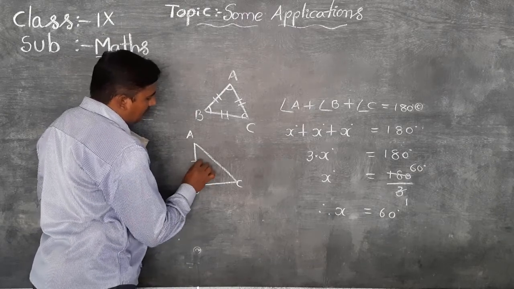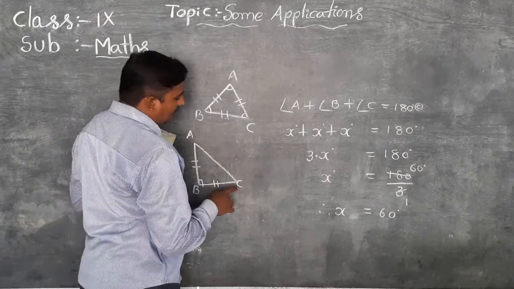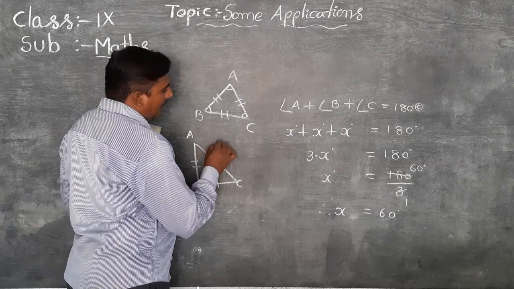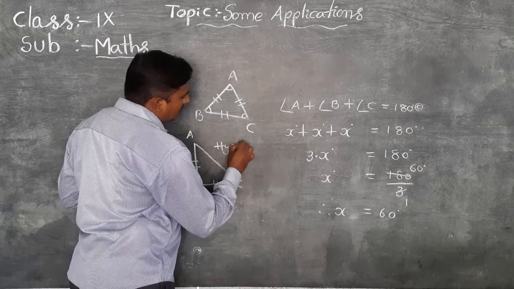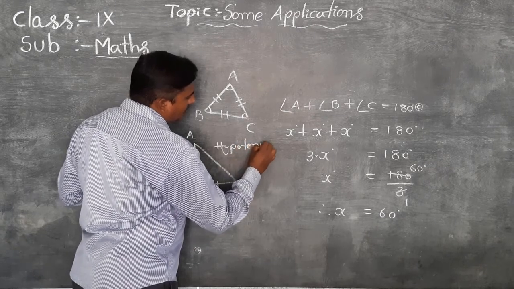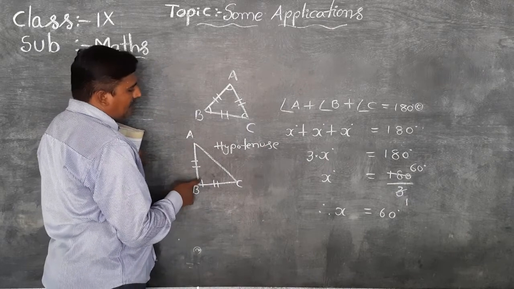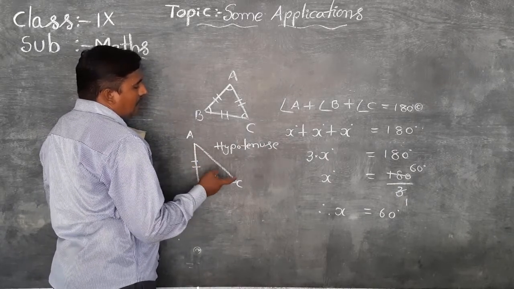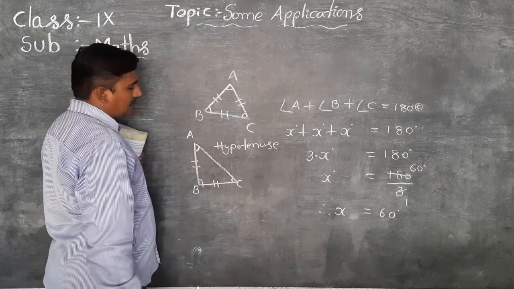We already told this is an isosceles triangle as well as a right angle triangle. This is an isosceles right angle triangle, and AC is called the hypotenuse. See, in triangle ABC, this is the right angle. We don't know these two angles, and there is a very easy way to find angle A plus angle C.